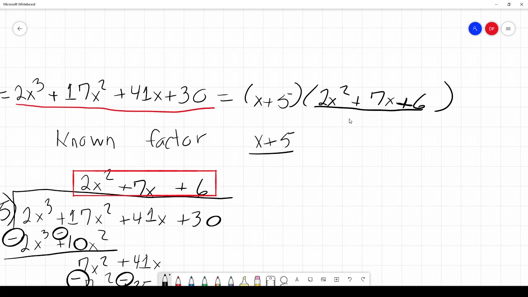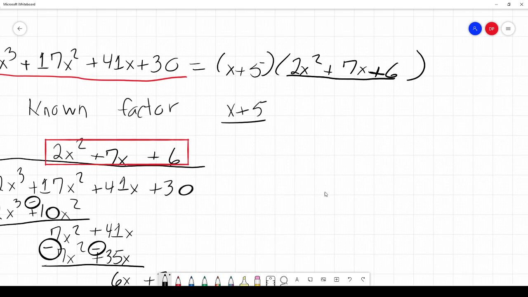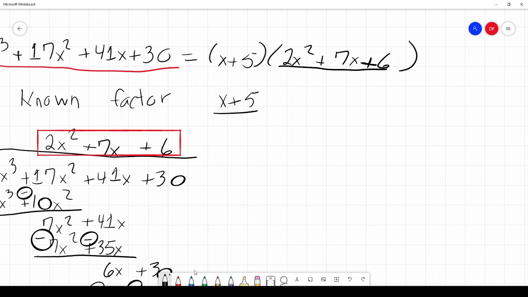However, we need to make sure that it's fully factored, okay? Because we still have a quadratic here. We might be able to factor this some more, and in fact, I'm guessing we can, okay? But because of the fact that we did this, now notice this is a degree 2. We started with a degree 3. This is a lot simpler than what we started with, because this isn't quite as intimidating. And so this is going to factor to,